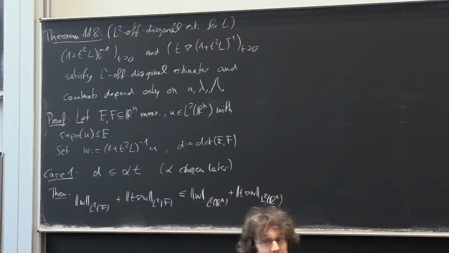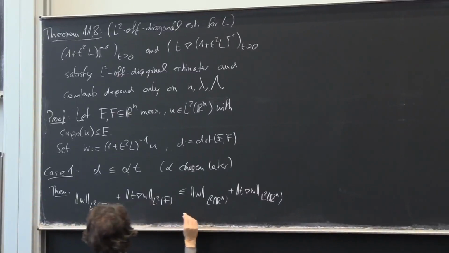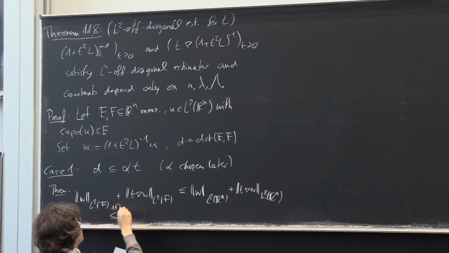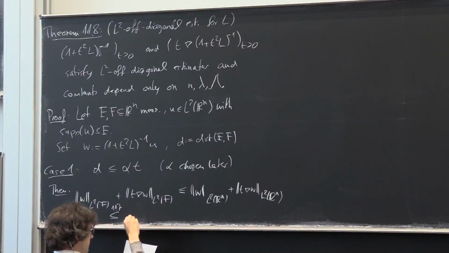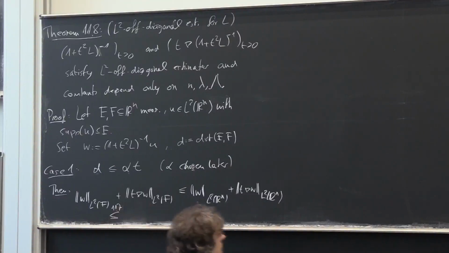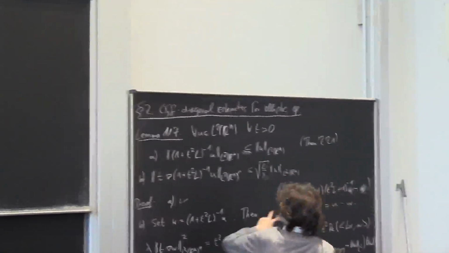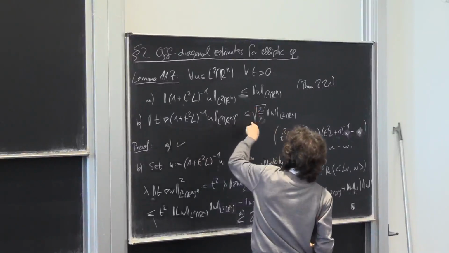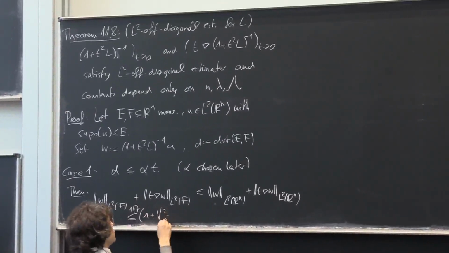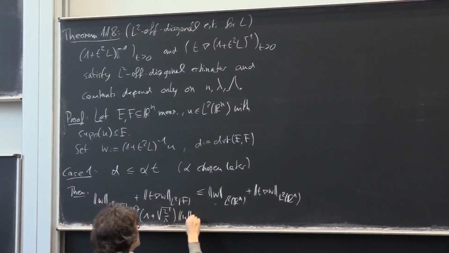And then we apply lemma 11.7, our uniform estimates on the whole space. This gives us that the norm of W on Rn is estimated by U, and the other one is estimated by square root of 2 over lambda times U. So this is less or equal to 1 plus square root of 2 over lambda times the L2 norm